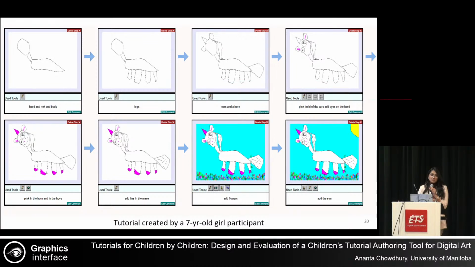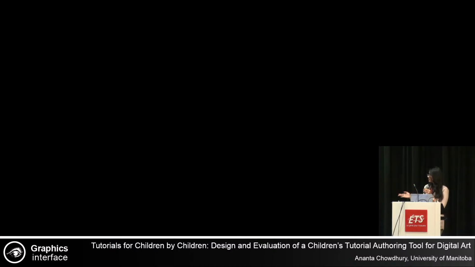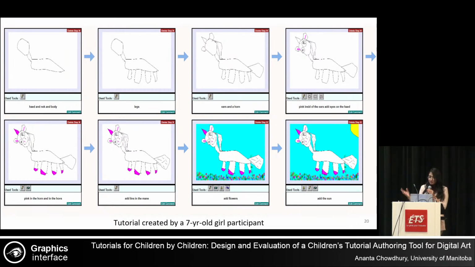So like this participant, the majority of our participants were positive about creating steps and crafting comments. And the majority also wanted to create a tutorial again using such a tutorial authoring system. An interesting observation from our study sessions was that children's step creations were based on the elements they added to their tutorials. So the step creation was mostly conceptual, and in particular, it wasn't based on the tools that were used in the steps. So these were some of the observations from our child-generated tutorials.